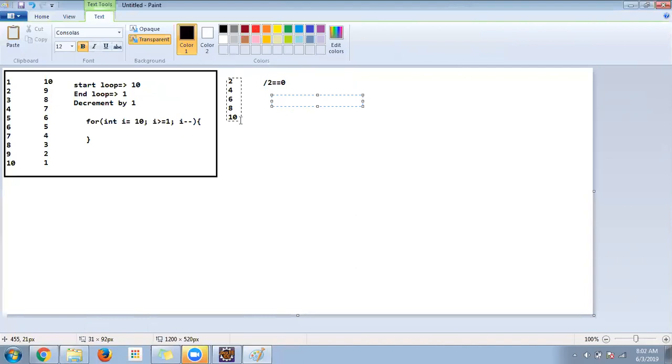Here I need to find whether each number from 1 to 10 is an even number or not. So where do I need to start the loop? From 1. Where do I need to end the loop? 10. Do I need to increment or decrement? Increment by 1. Then after that I need to find the logic based on dividing it by 2. That is, divide the number by 2, so that if my remainder is 0,